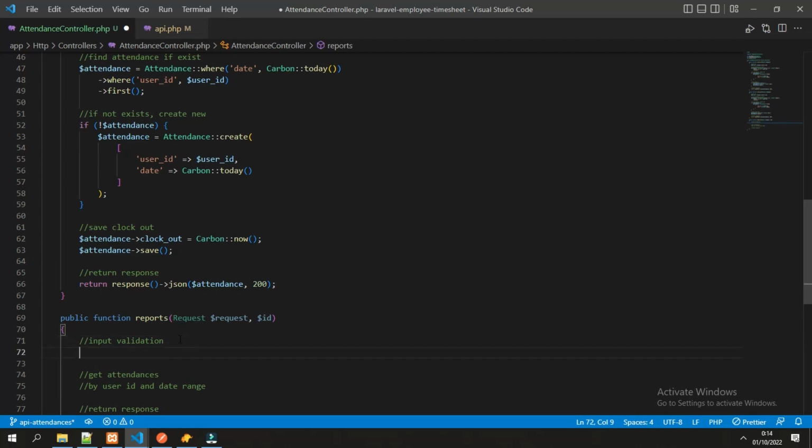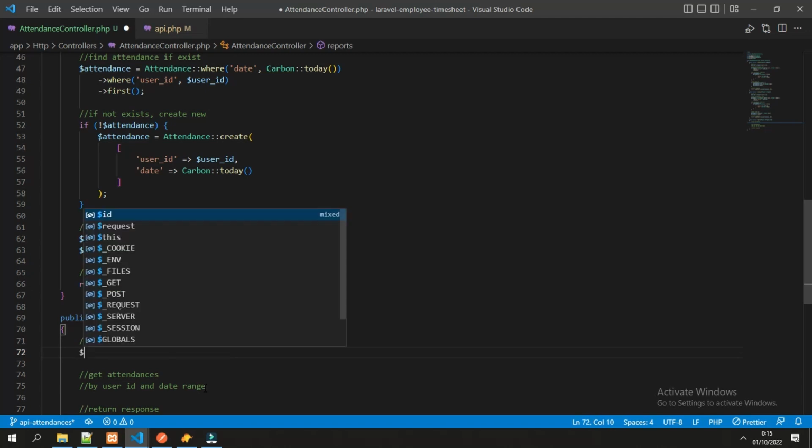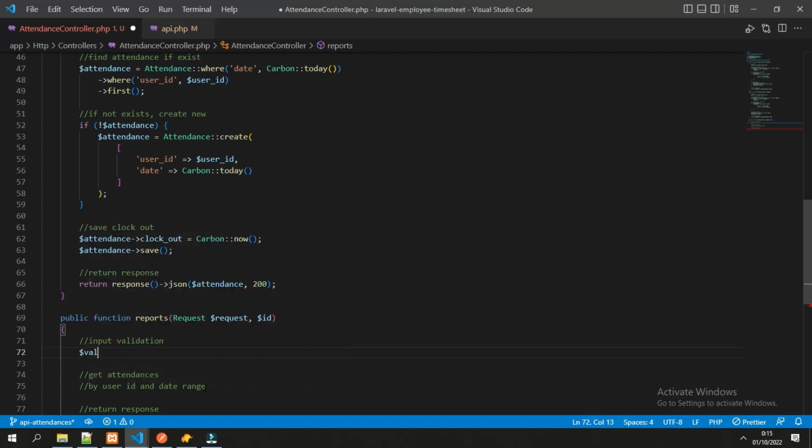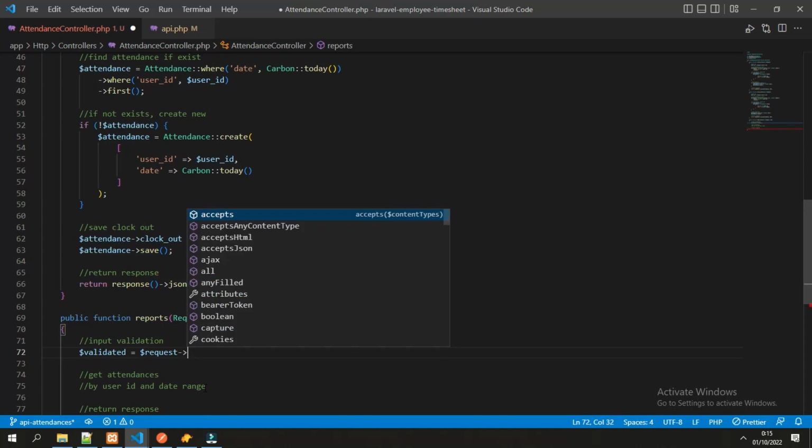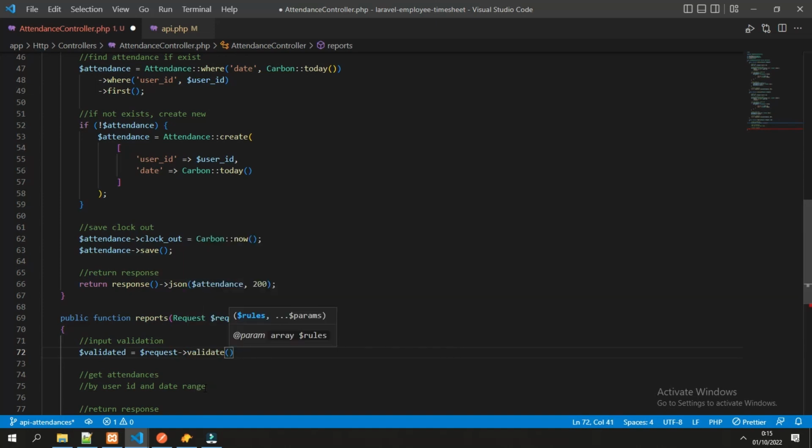So in the input validation, because we already get the user ID from here, we also need to get the other parameters of the date range in here in the input validation. So let's create the object of validated input as usual, and we can get that from the request and validate.